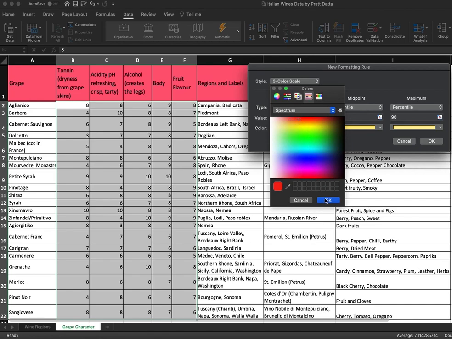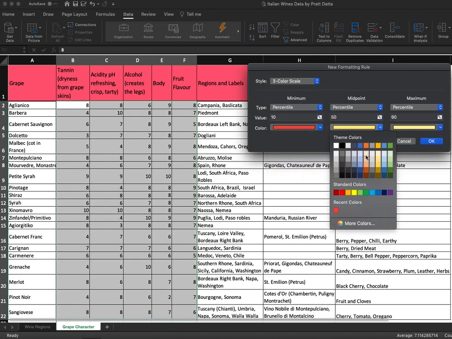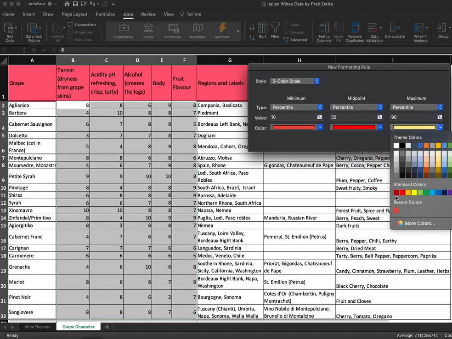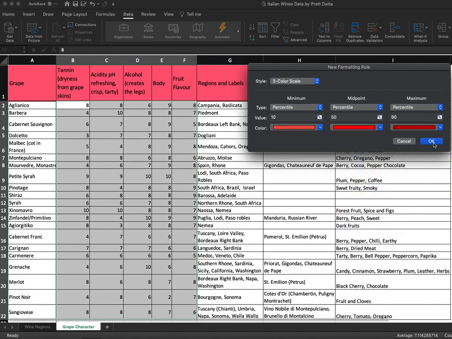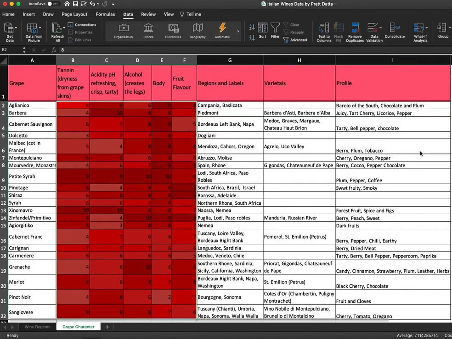I'm just playing around. Something that looks more like a rosé, I suppose, and then to a slightly deeper one, and then to the deepest one, and we say OK, and we click OK again, says applies to B2 to F22, and click OK,